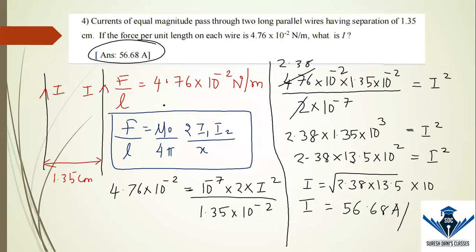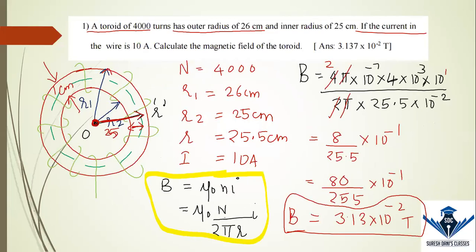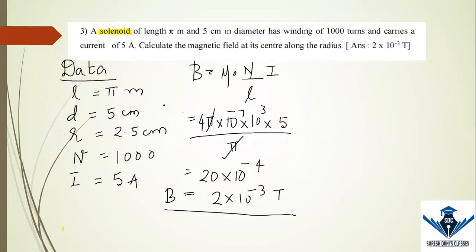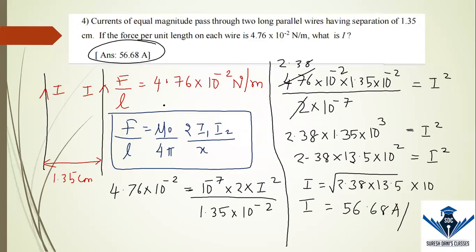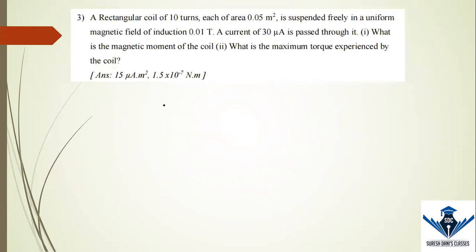So these were the 2 marks questions of this particular chapter. Now we are moving on to the 3 marks questions for this chapter of magnetic effect of electric current. First, if you want to recollect, we went through the solenoid, we saw the formula for the toroid, then a very simple solenoid question, and then the force between two parallel straight conductors formula, where we got the value for current. And now we are coming to the 3 marks questions.